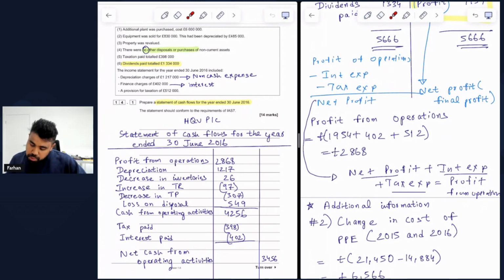Okay, so our profit from operations is sorted, which is £2,868 that I've included here. Next, what we're supposed to do is add back any non-cash expense that the business will have. Again, I'm referring to non-cash expense. Why are we adding back non-cash expense? Because a cash flow statement cannot have any expenses that have already been included as part of the profit calculations, which are non-cash. And the best example in this case could be